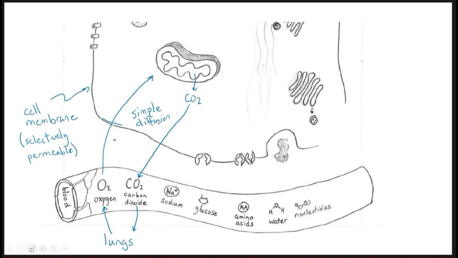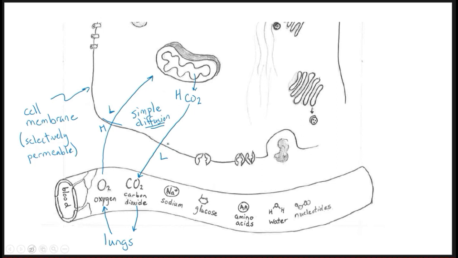diffusion. Now, what determines whether they go in or out? Why does CO2 go out and oxygen comes in? That has to do with the diffusion part, which is things move from a high concentration to a low. So oxygen has a higher concentration outside and a lower concentration inside, so oxygen moves in. CO2, since it's being produced in here, has a high concentration inside the cell and a lower concentration outside, so